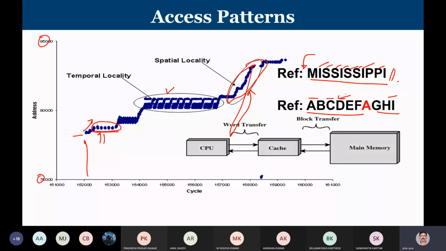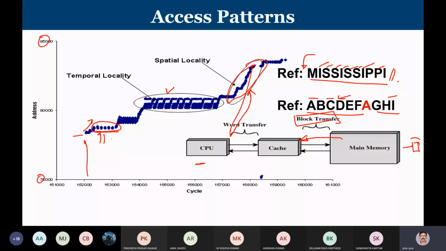So now, you have a main memory. For the time being, we are talking about CPU, cache, and main memory. The disk portion you will learn in the operating system course later, how the disk management works, in the next semester. So you have CPU, cache, and main memory. Now, in your main memory, you are going to transfer data into the cache in terms of blocks. So you know that CPU is going to refer to an address, that's a word that I want. So the bus that connects CPU and cache will transfer one word at a time.